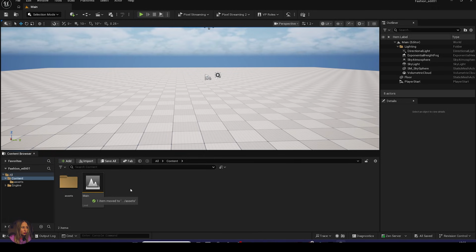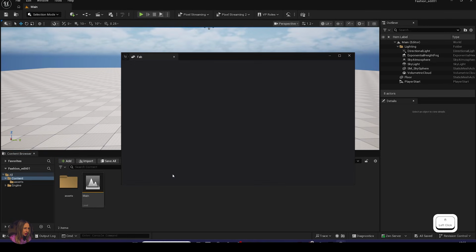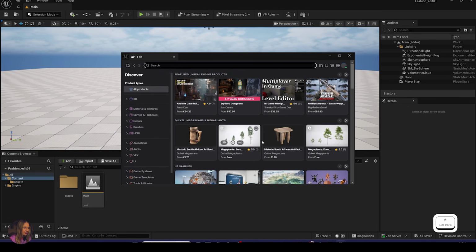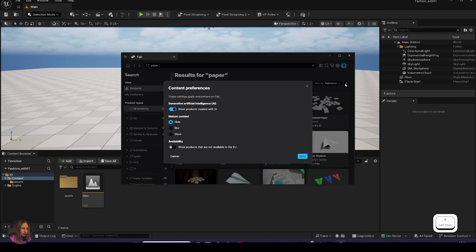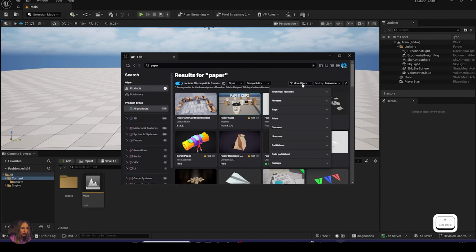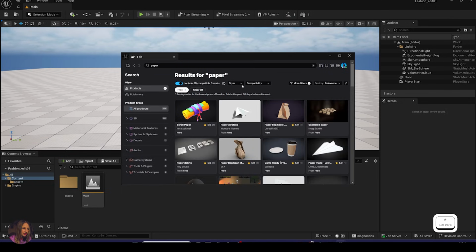And also another thing which I need is a material for my backdrop. And therefore I go to this little Fab button, which is actually very convenient. I'm opening Fab and have access to all the content in the store, and I use it quite frequently. So I want to have now a paper material, and I can also search here. Let's see, more filters. Price, only show free, and then for